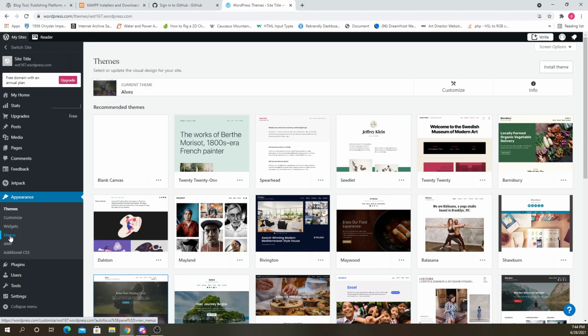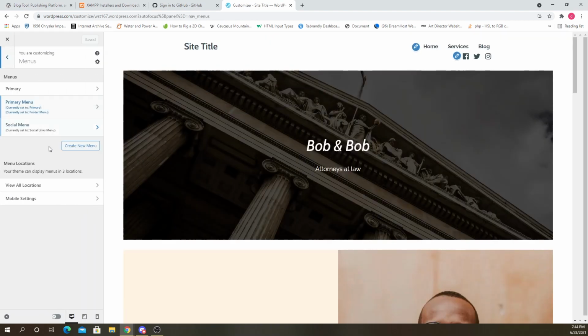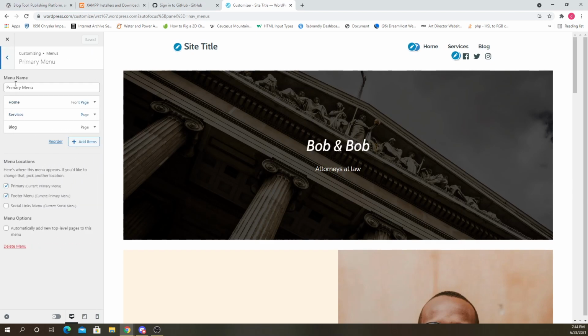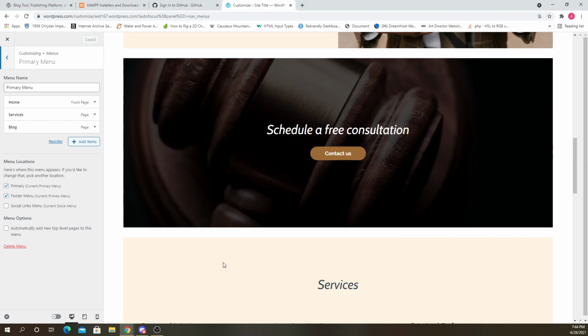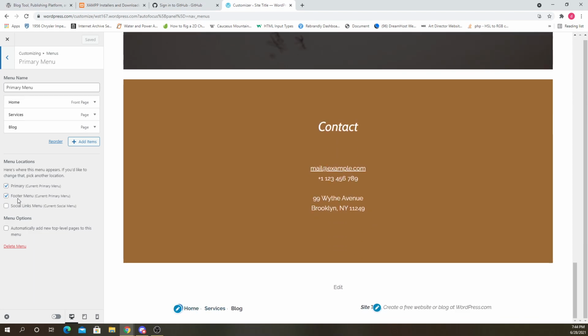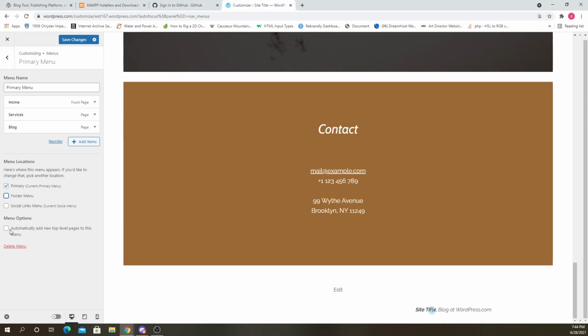Now, when I go to menus, I don't think there was an option. We had the menu, but see, it says footer menu here. We can actually uncheck that if we don't want this to be on the footer. So it got removed, but I'll keep that there because we need some kind of site navigation down there.